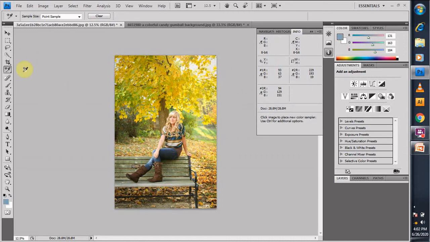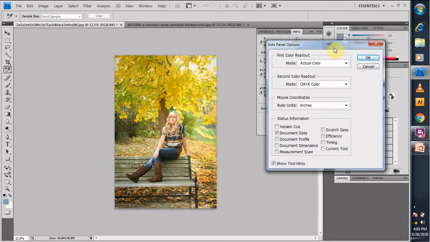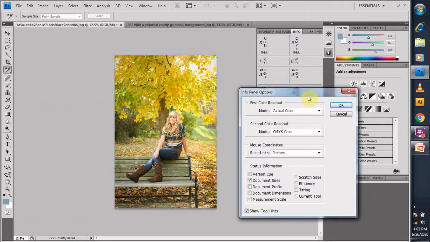And the most important thing is this, that in color sampler tool you can select the sample maximum to 4. More than that you cannot select the color sampler. Okay, and if you press Shift, you can add the option in a color sampler also. Now one important thing I'm going to tell you about this color sampler tool is that when you go to this panel, you click on this area and panel options get opened up. As soon as you click on the panel options, info panel options dialog box gets opened up.